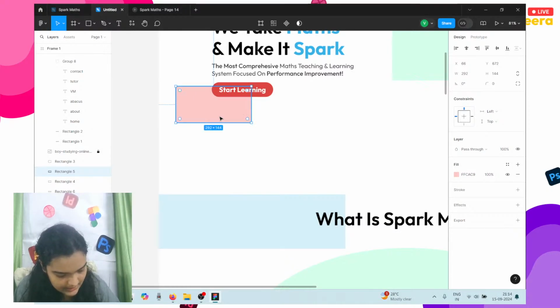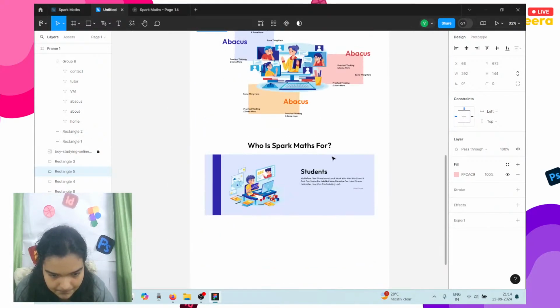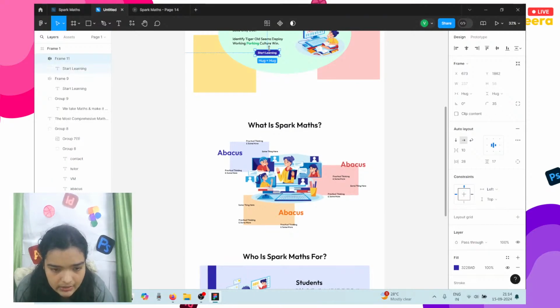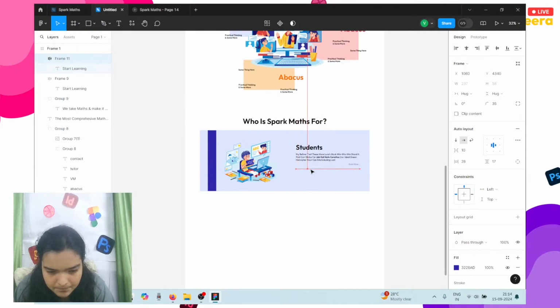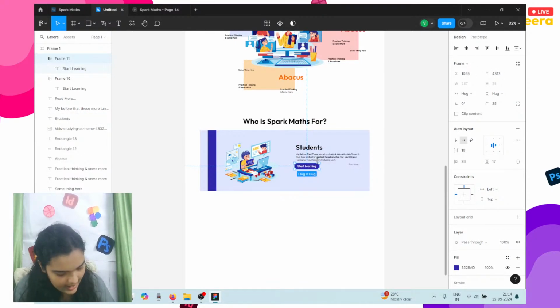Alright, and now that we've taken care of that, we'll just change this. Why does my button keep on going everywhere? I am so tired of my button just escaping places. Let's just bring this to front. So bring it to front. And now